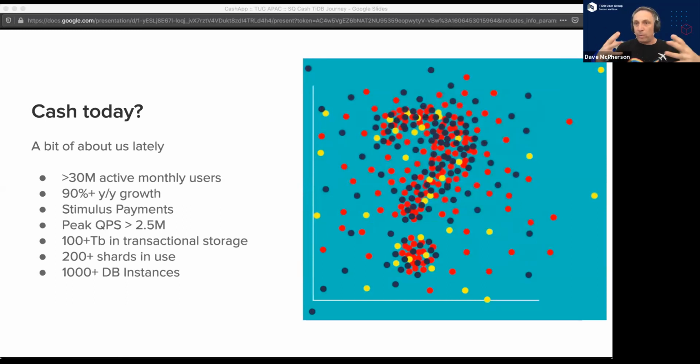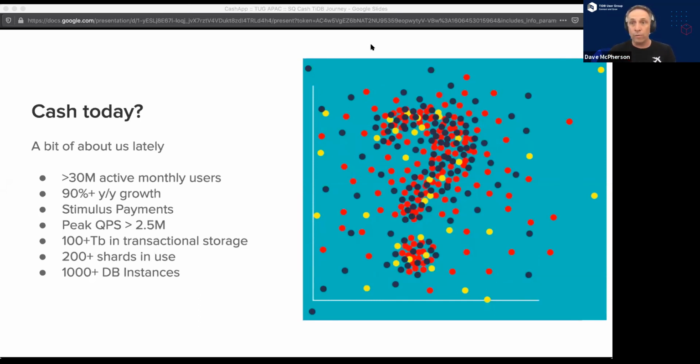So that was great. So we ended up with Vitess and sharded MySQL instances, and we started exploring getting it up onto the cloud because Cash continued to grow. And to sort of give you an idea of where we've ended up now, from a little Hack Week project, we're now in the realms of 30 million monthly active users. We've got around 90% year-on-year growth. And anyone who's dealt with growth like that recognizes that it becomes very difficult to get ahead of the curve. You're constantly firefighting. You're often battling a lot of outages and things that break literally just under the heat of the number of folks coming in.